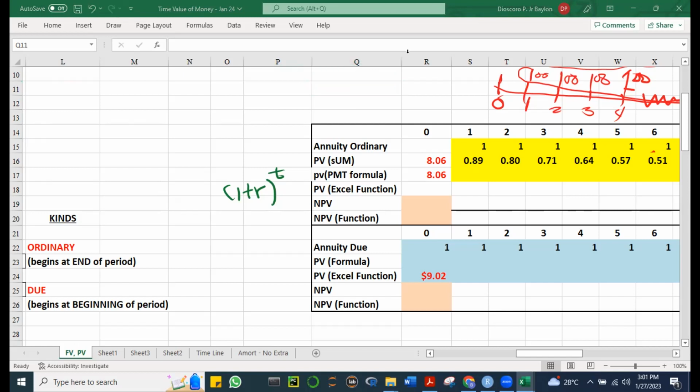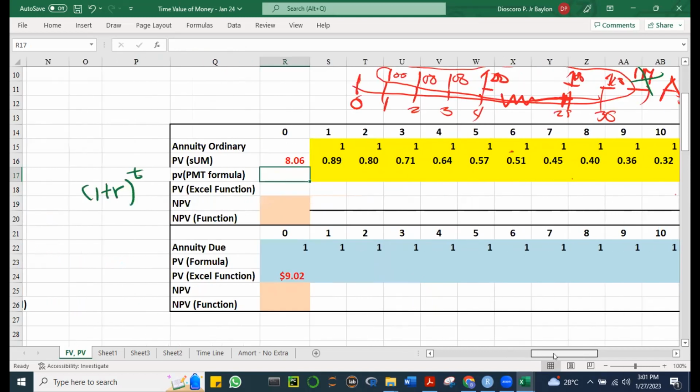Can you explain again, sir, why using the PMT formula we don't need the future value? This one, PV. Yung concept lang po, medyo nalilito ako. Okay. Sige. The problem, what we want here is that we want to get the